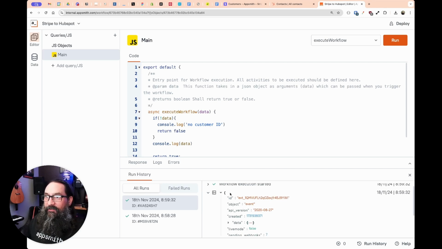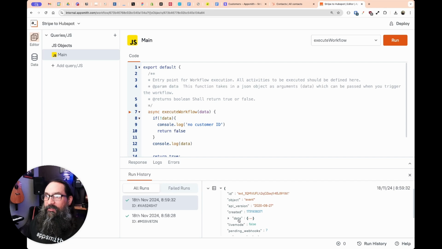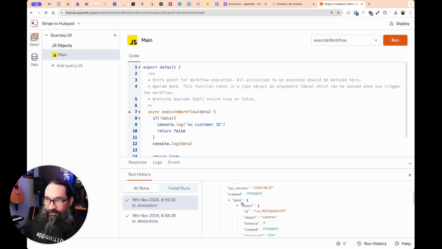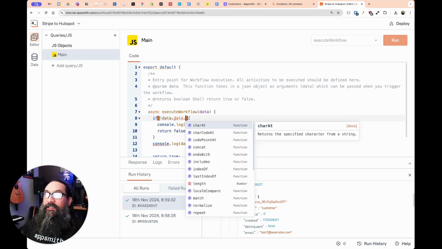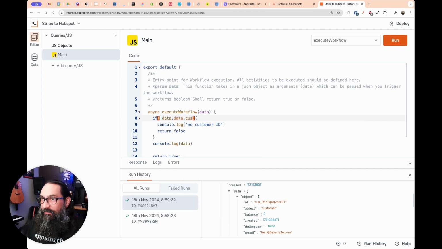So there's two datas. Every workflow is going to have that dot data, just like every API and query. And then in this case, the particular source is sending it with another property called data. So it's a little redundant, but the value that we want is data.data.object, and then that would be the customer. So let's say if there's no data.data.object,